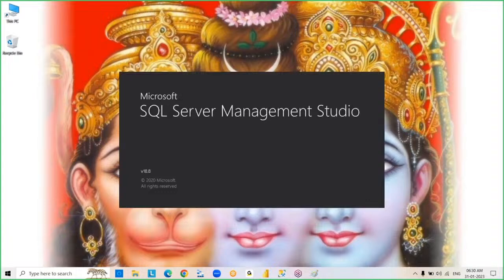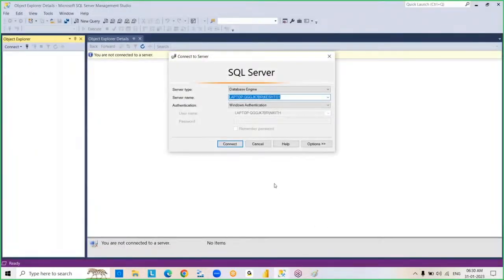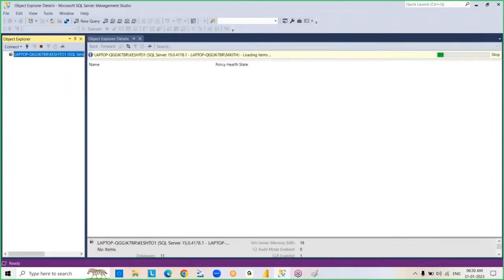Enrolled participants, you can talk to the training team. They will give you access to SQL installation videos so that you can complete SQL Server installation. See this, this is the Management Studio environment. This is your server. So now just click on the Connect button. So we connected to